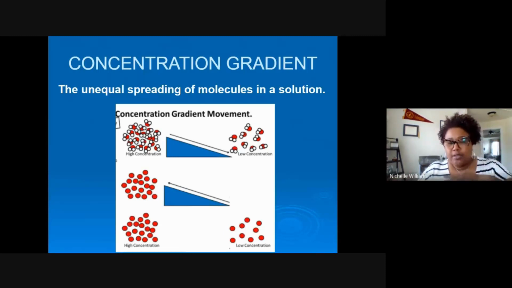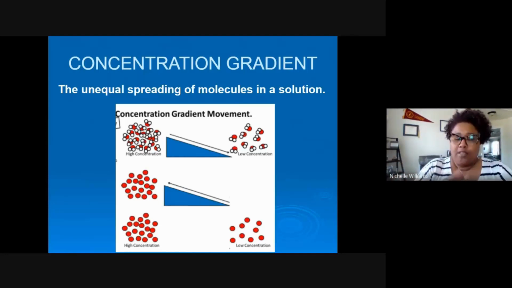And then you see that wedge and the arrow. So that wedge with the arrow, that's the gradient. So what it's saying is because there's more on the left, then naturally particles are going to flow down that gradient to where there are less, to kind of spread it out. Everything in this world, all natural chemical processes typically are trying to reach some type of balance or equilibrium. And so molecules and substances tend to move to spread out where they can all have room.